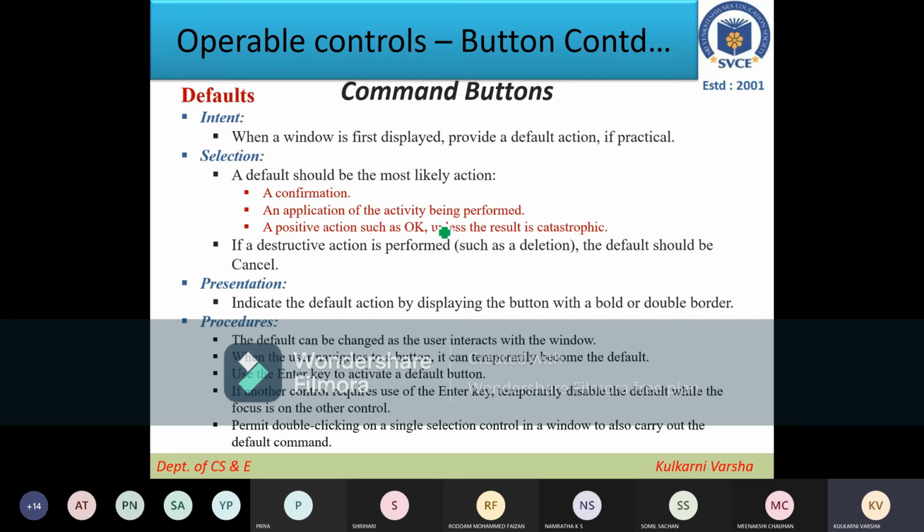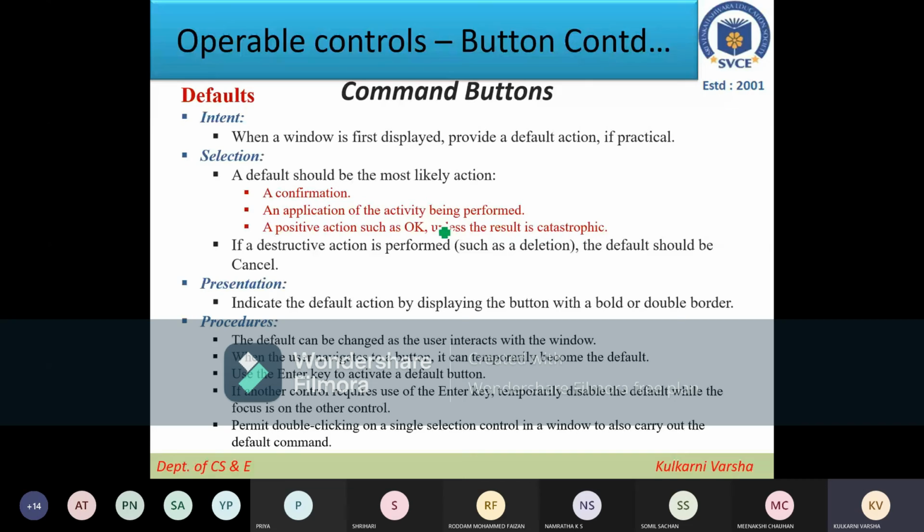Even with yes or no, many times you have seen that we get some alert messages, some pop-up dialog boxes, where within these two buttons, one will be highlighted by default.